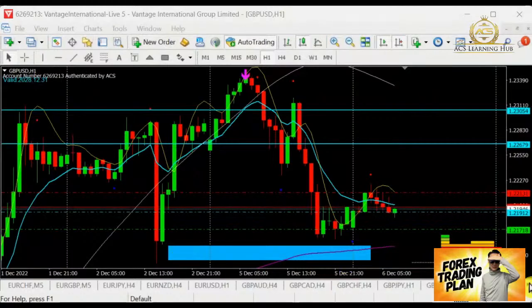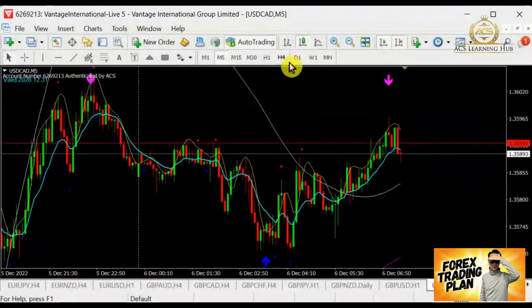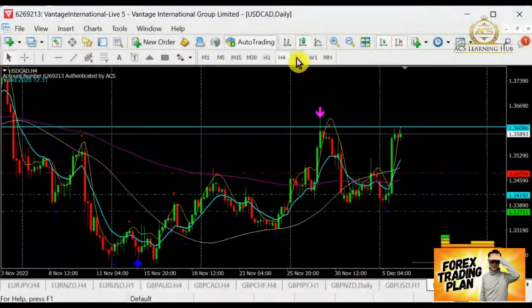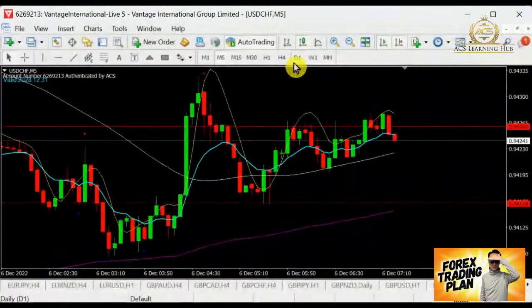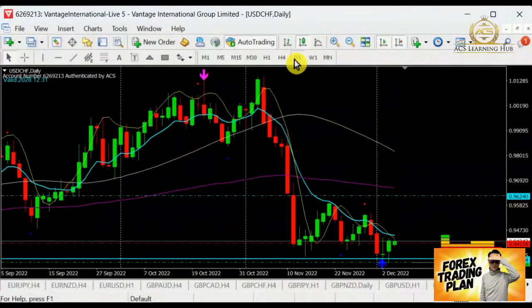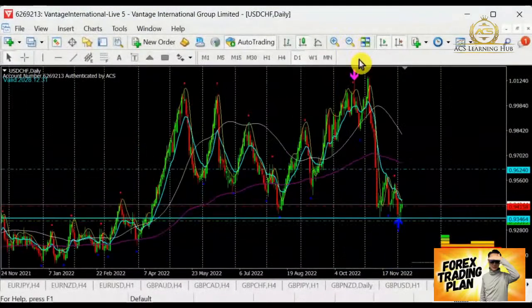How about dollar CAD? Let's take a look at dollar CAD. Tentatively it looks like a full, so buyers can take note, but sellers have to stay away for a while. For dollar franc, tentatively it is now hitting on the support, and by looking at the general trend over here, it should be running in the bear. The bear continues to form lower lows, looks like there will be a chance maybe second half of the day or tomorrow. So tentatively I'm going to leave this out first.